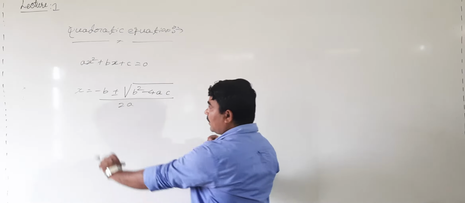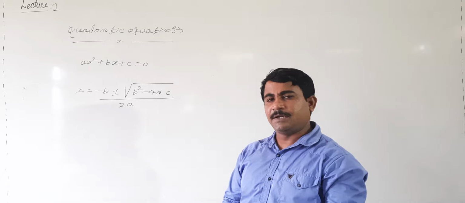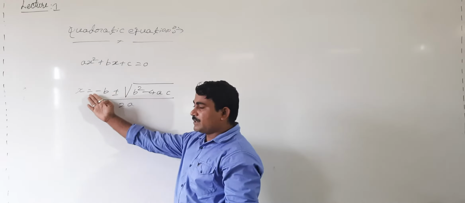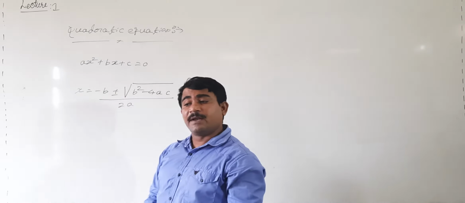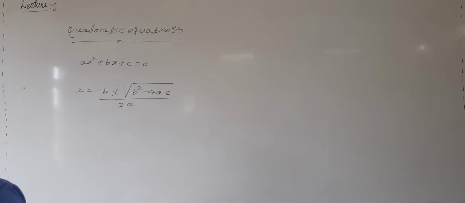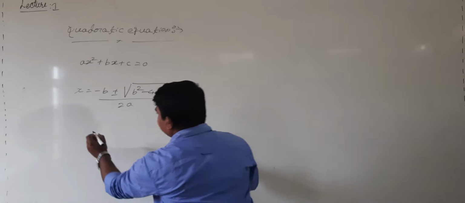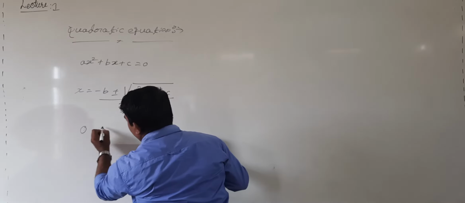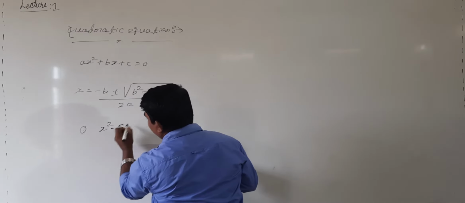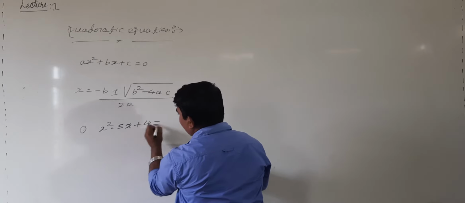What we said is that in this equation a, b, c are the constant values, right? And the solution of this equation is x equal to this value. Let us see few examples concerned with quadratic equation. Let us see here, students. First example is x square minus 5x plus 4 equal to 0.